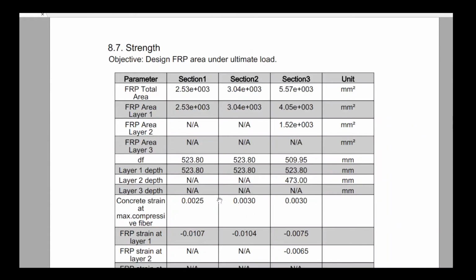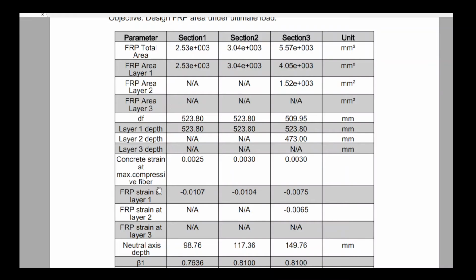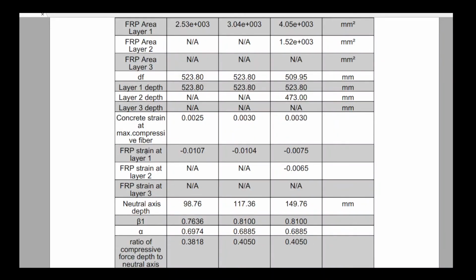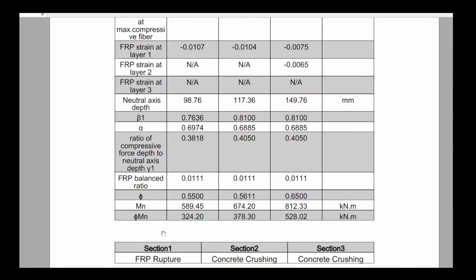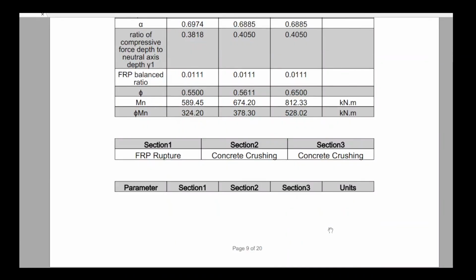And then for the strength requirement, we also build on the creep rupture and crack control, and we find what's the total area required, at what depth, what's my concrete strain at the maximum compressive fiber, what's my strain in the FRP, what's beta 1, what's alpha, what's the balanced ratio, and what's phi, the reduction factor or reduction coefficient, and what's my nominal moment, and what's phi Mn for each cross section, and what strength mode controls this strength design. For example, section 1 is controlled by FRP rupture,